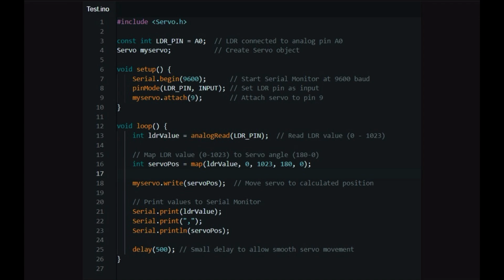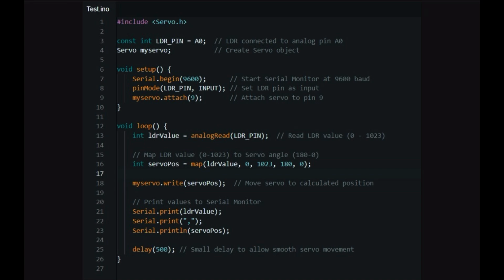As well, at the end of the video, I'll be showing you inside the device itself to show you the connections I made. So basically, this is the code I created, where we have our LDR pin, which I chose